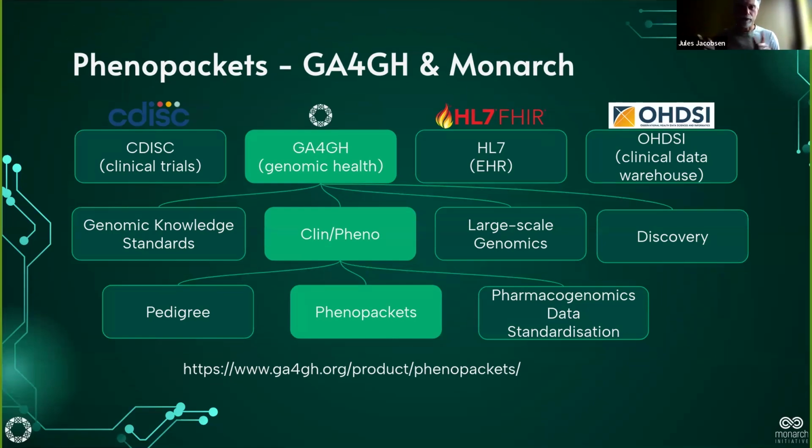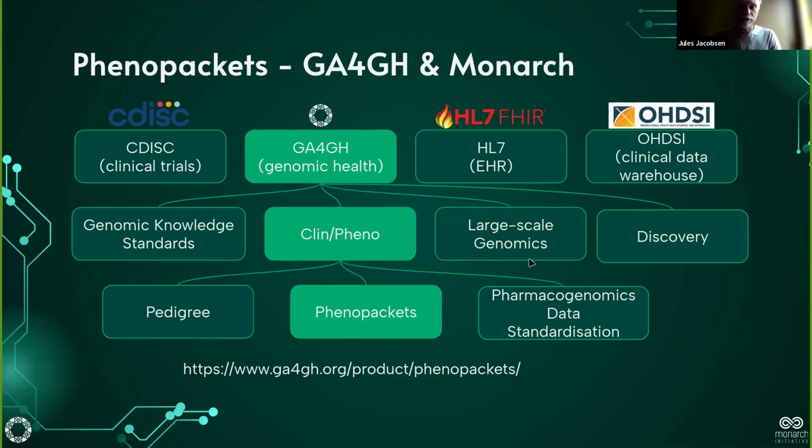So if we focus down a little bit more on the GA4GH, it has different work streams. This is the second row down. We've got, for example, the genomic knowledge standards, and the GA4GH is great on acronyms as well, so that would be GKS. Then there's ClinPheno for clinical phenotypic data capture. Then there's the large scale genomics, or LSG as we like to call it. So that's things like VCF files and BAM files,